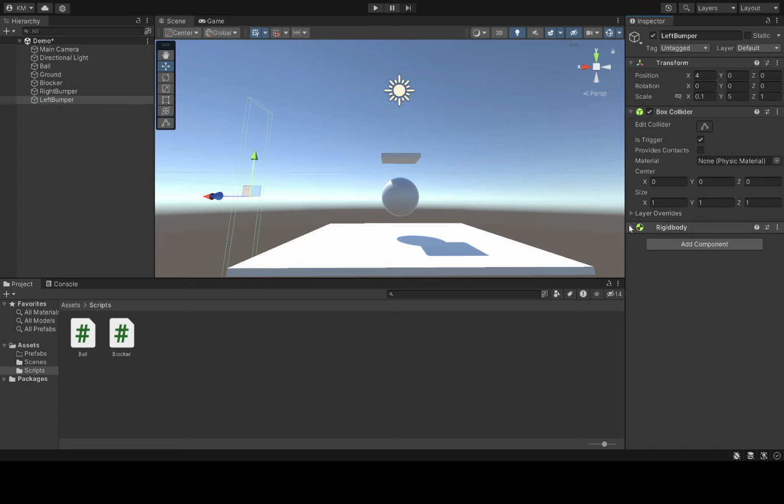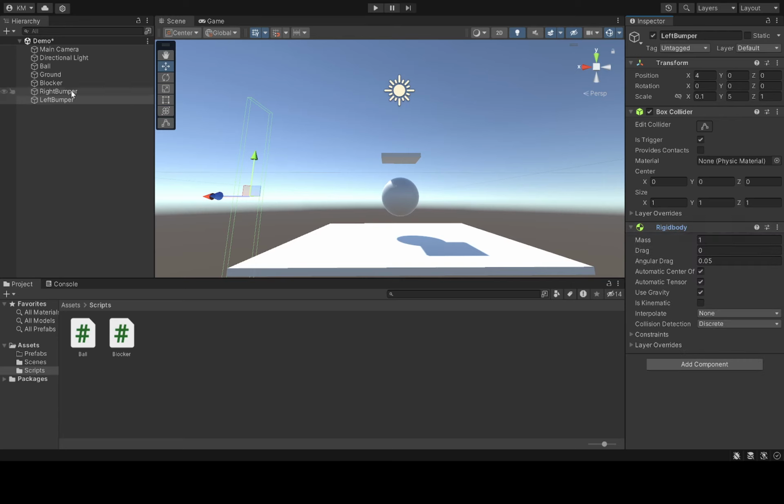But we don't really want these bumpers to have physics act on them. We just want them to be there in order to be triggered. So the way that we do that is by selecting is kinematic. And this controls, if we hover over this, you can see it says controls whether physics affects the rigid body. So if we select that,